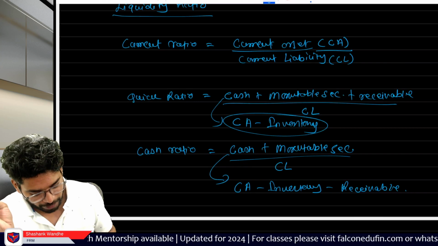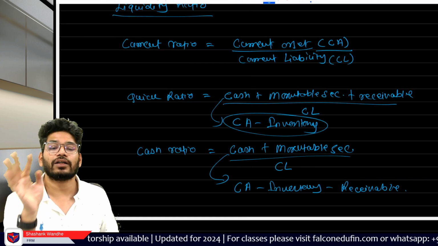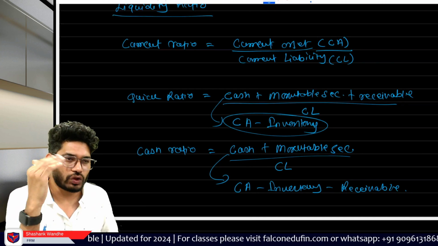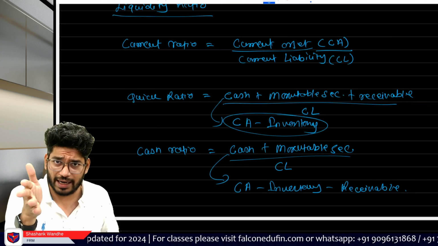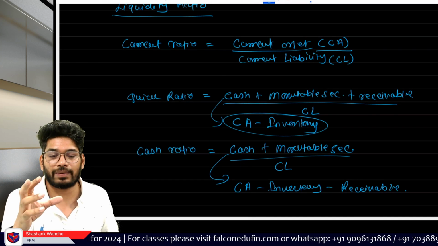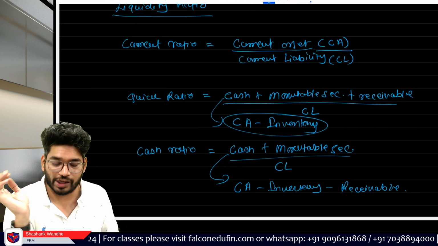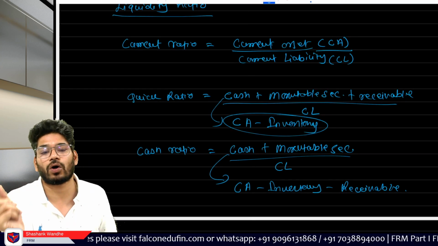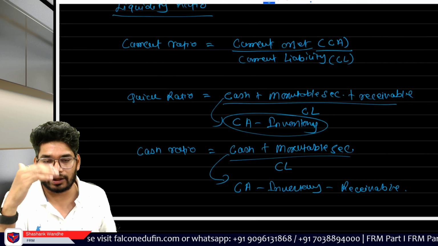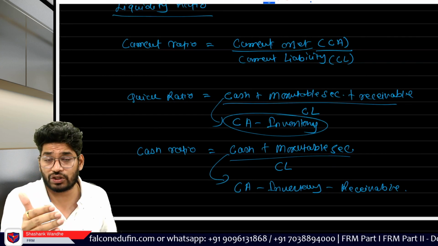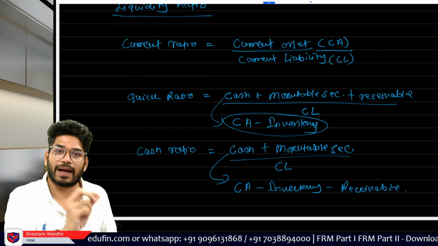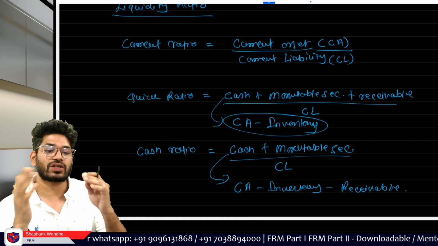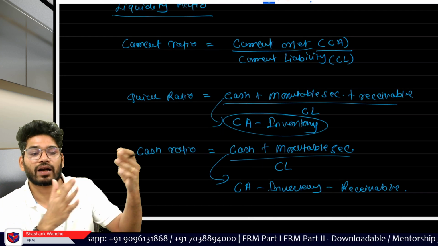Here, this means we are simply not considering the inventory part. So in the exam, you may also get a situation where you are provided with the current asset, then inventory, current liability, and you are asked to calculate the quick ratio. In that case, remember, the current asset minus inventory is the same thing we are using in the numerator here. Okay, so this numerator can be written in two formats: current asset minus inventory, or cash, marketable security, and receivable